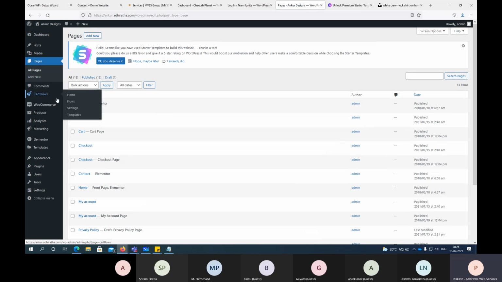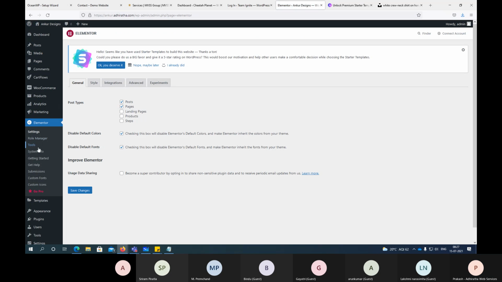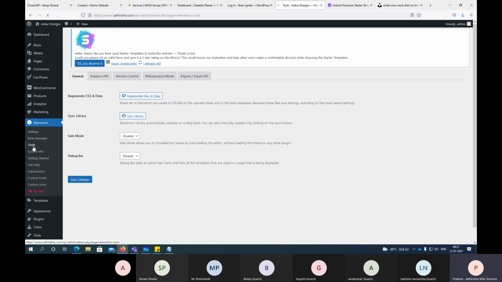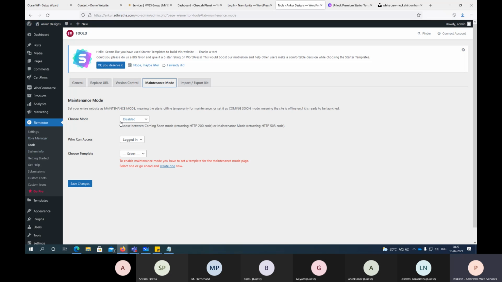Now, Bindu asked, while editing, how to showcase the website. So instead of showcasing all your edits and everything that is happening, what we can show is the maintenance mode. So if you go to Elementor, go to tools. Sorry, in Elementor, tools is the section. There's an option called maintenance mode. Maintenance mode is disabled now. What I can do is choose coming soon. So it's our new website, coming soon.